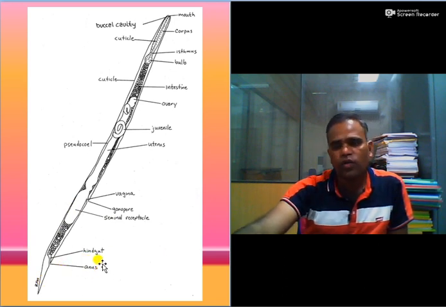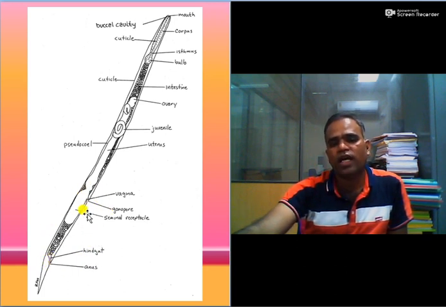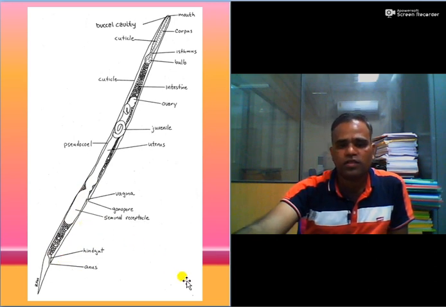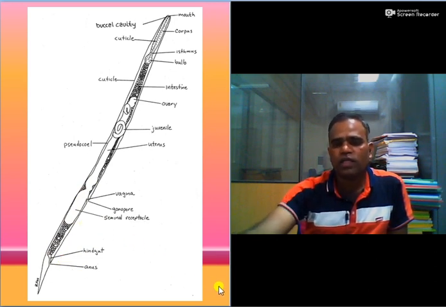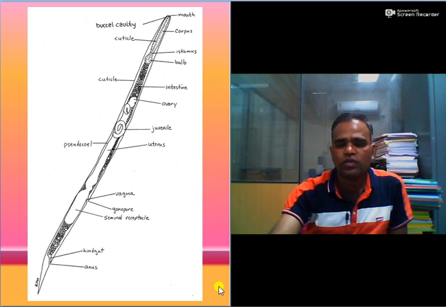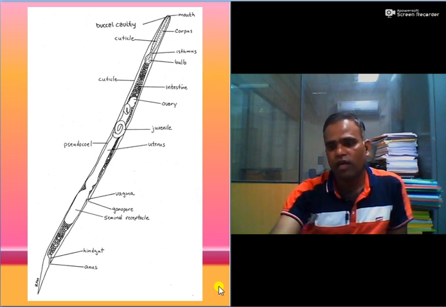So here you can see the difference, the main point is that the anal opening as well as vaginal opening are at different points. So here is the difference between male and female nematode. So we have seen a number of figures. So I think you can easily draw out these figures with well labeled sketches.